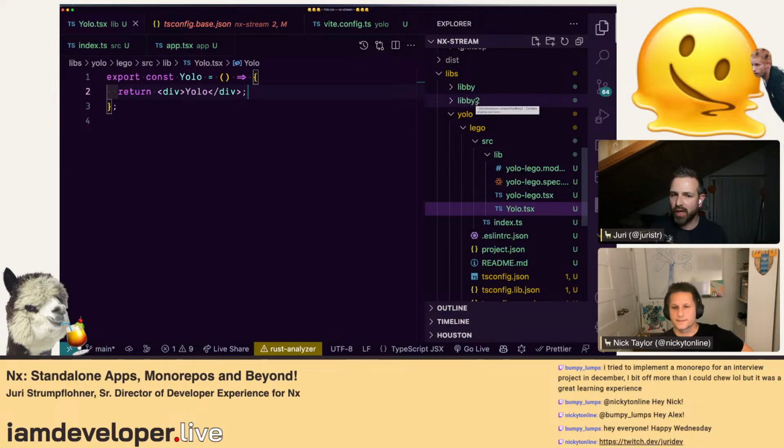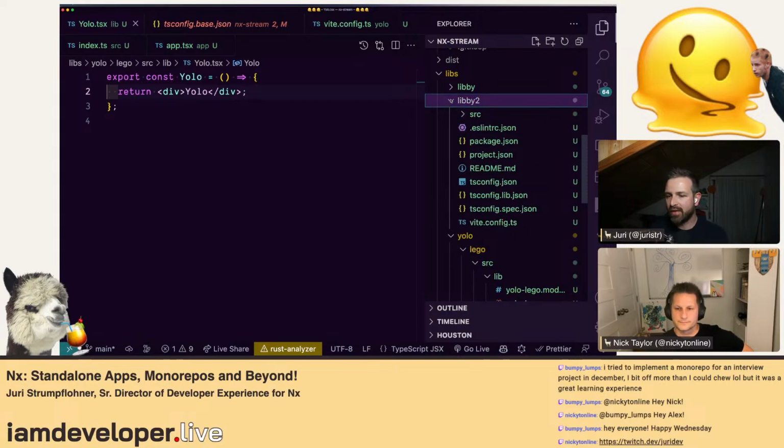In this integrated kind of setup of NX, it always leverages those tsconfig path mappings, right? So the whole approach of do we nest it below YOLO or just have it top level, that's just for us in terms of how we want to have the folder structure. You can even move it higher up and import it from there. Mostly from a structural point of view, people usually nest them in.